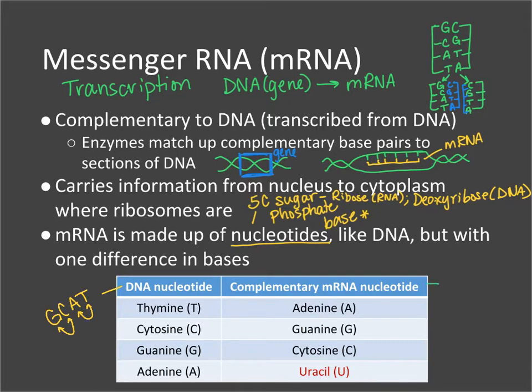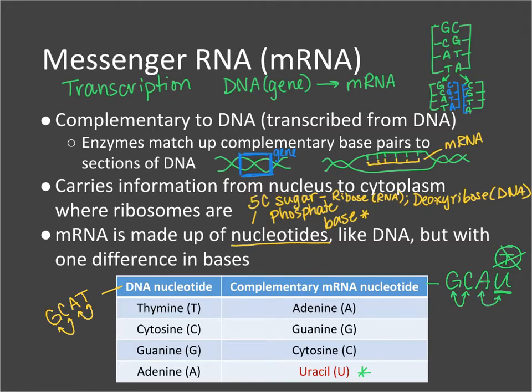Instead, it has what I like to call GCAU. So instead of thymine, it has this molecule known as uracil. So no thymine, instead it has uracil. And the base pairing still applies, where G still pairs with C, and A pairs, in this case, with U